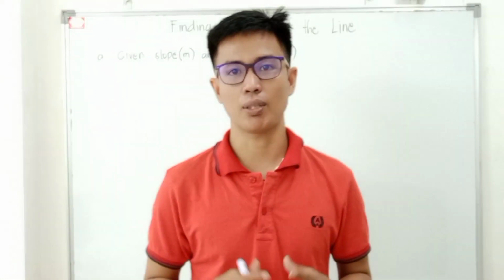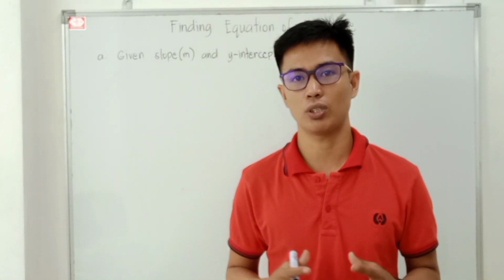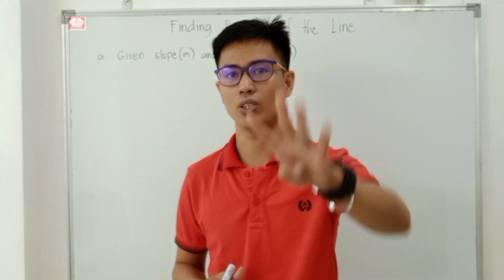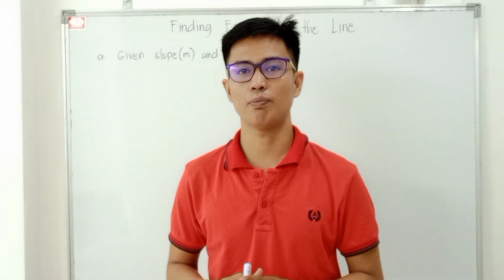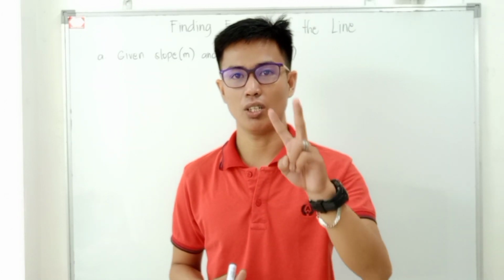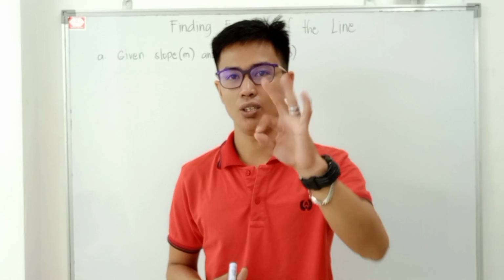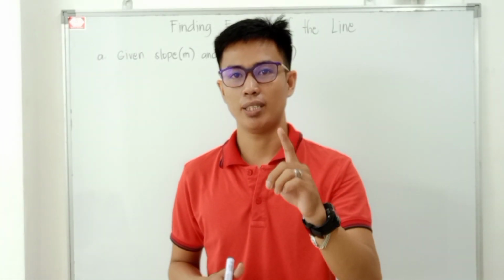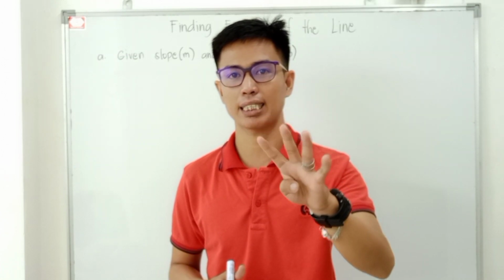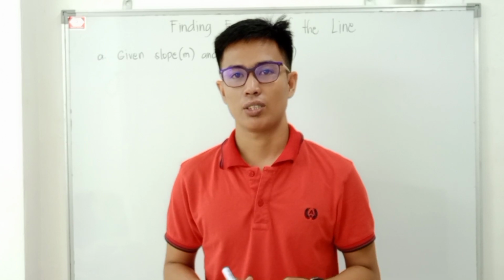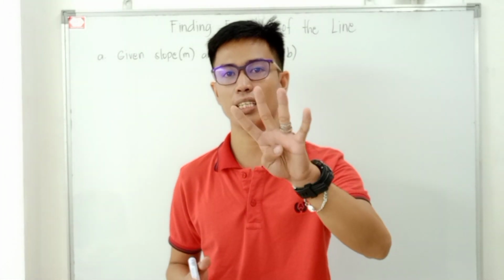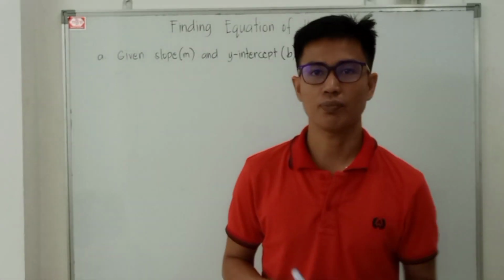And for today's lesson, ang pag-uusapan natin is how to find the equation of the line. So, in finding the equation of the line, meron tayong apat na condition. The first condition is if the given is the slope and y-intercept. Pangalawa, if the given is two points. Pangatlo, if the given is a slope and one point. And for the last, kapag ang ating given ay x and y intercepts. So in this video, i-discuss natin isa-isa kung paano ba natin hinahanap ang equation of the line given those four conditions. So for the first condition,